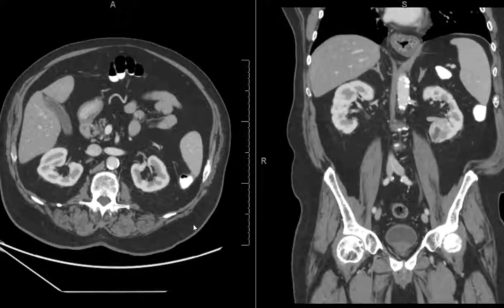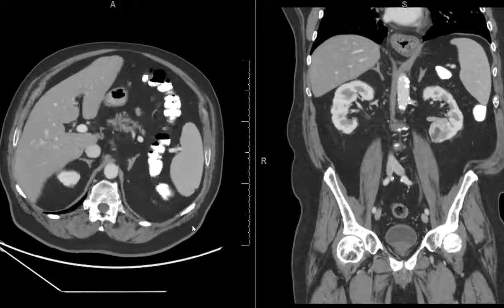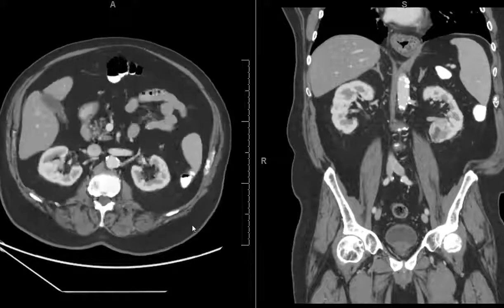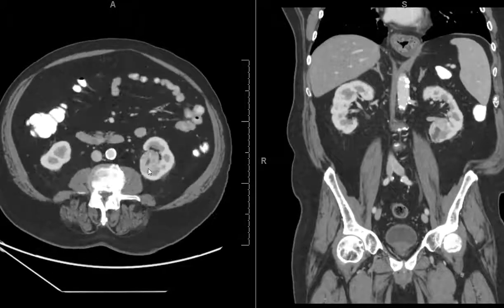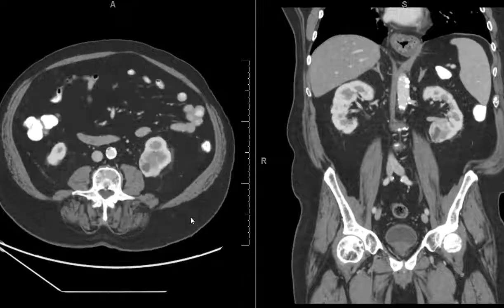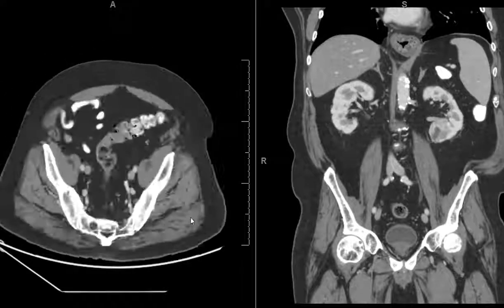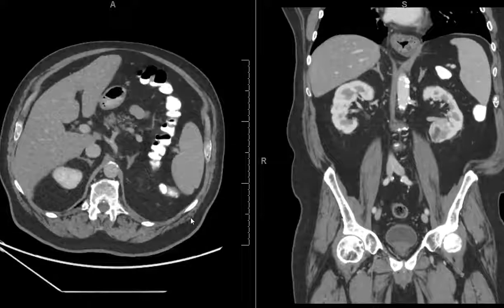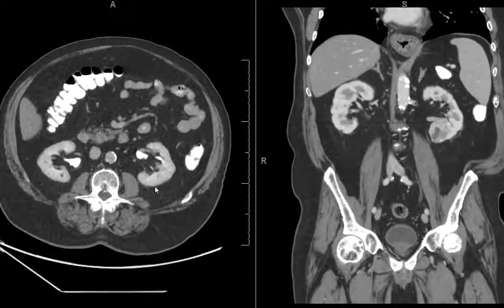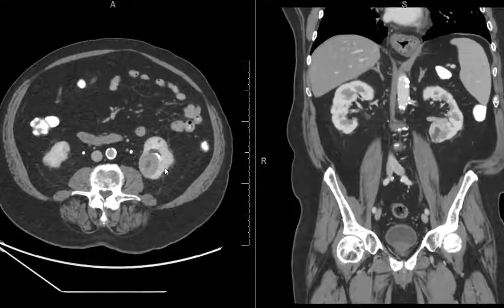The quick take on things that you need to see for staging renal masses. So this patient has renal cell carcinoma. The first thing you want to see is the size of the tumor. The size of the tumor is best measured on the excretory phase images because you can see the parenchyma and